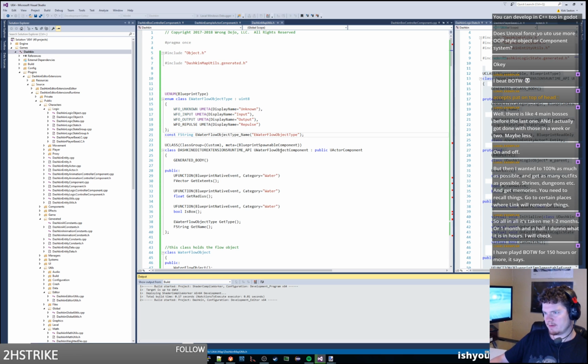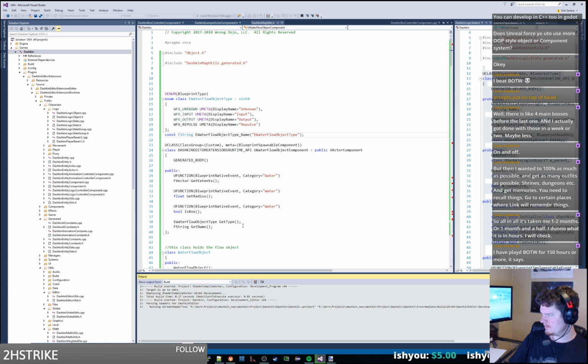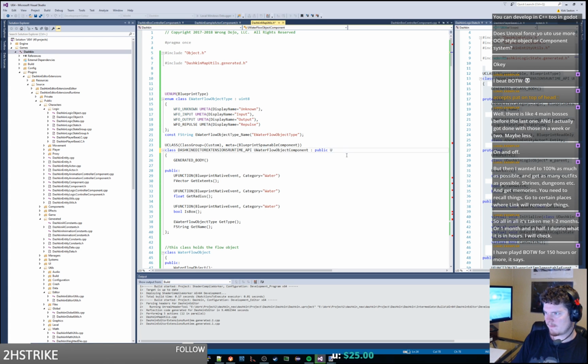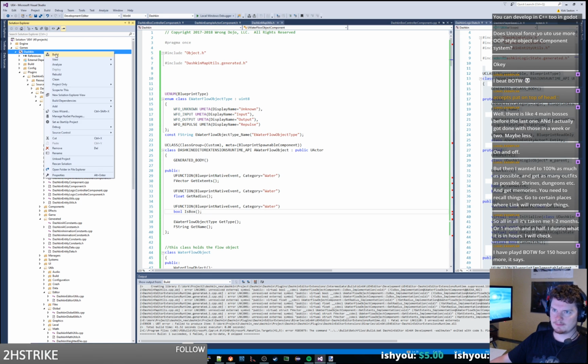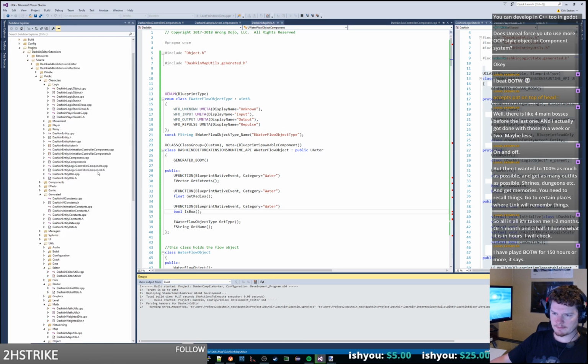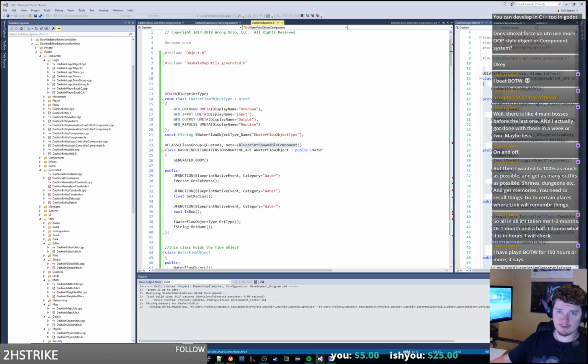So we should be able to make a component on here, and then it's going to force us to override a whole bunch of stuff in here. And then we can reach out and snag those variables. Or maybe I should have this be an actor. Yeah, I think having this be an actor might actually be a better idea. That way we will get these as events that we can snag for everything. That'd be alright. And it's not a blueprint spawnable component, it's a